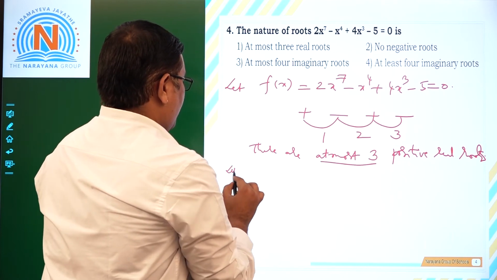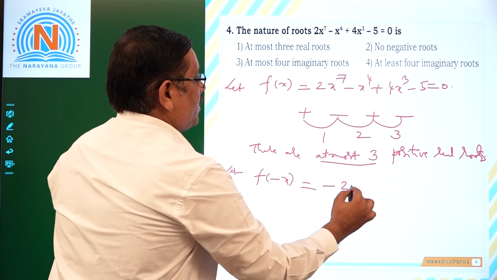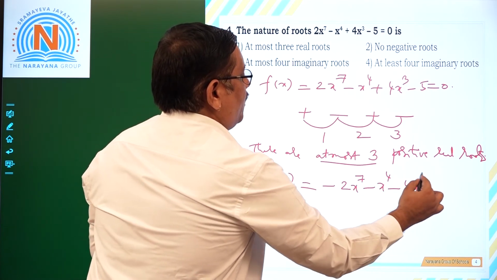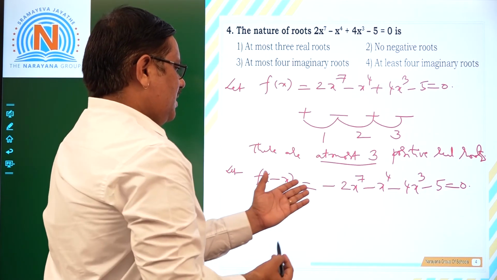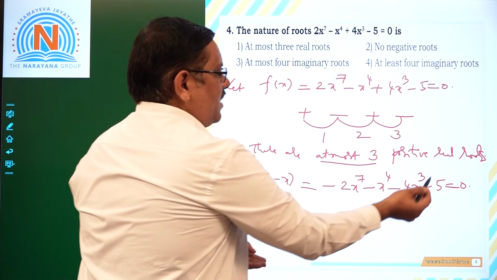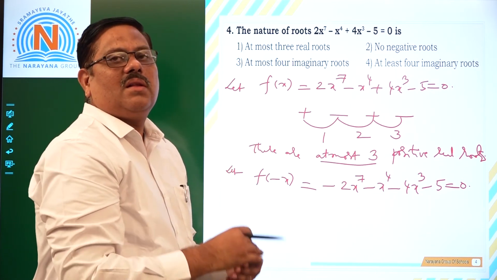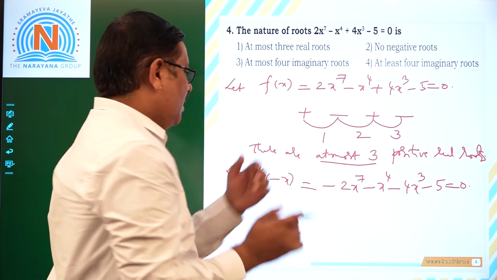Next, let us take f of minus x. What is f of minus x for us? Minus 2x power 7 minus x power 4 minus 4x cubed minus 5 is equal to 0. See the signs: minus, minus, minus, minus. There is no change in the sign at all. It means the maximum number of negative real roots is 0 here. Okay. Therefore,